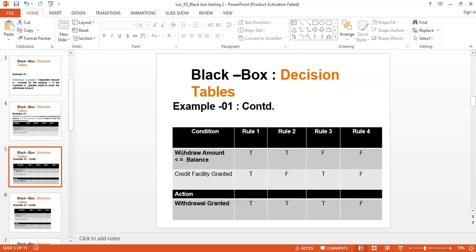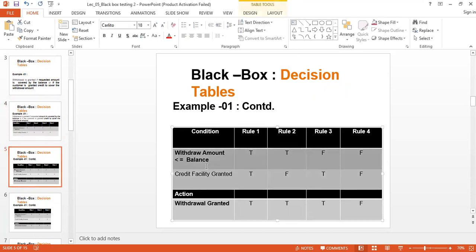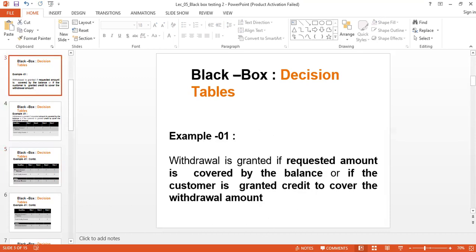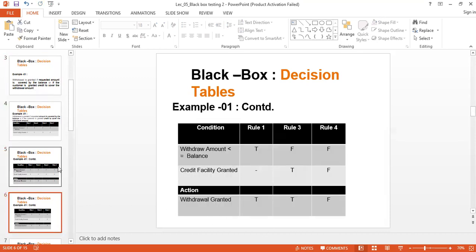So when you understand these conditions and set of rules, then you can simply go for the action section. Basically the action will be withdrawal granting, right? So we know, according to our given business logic,